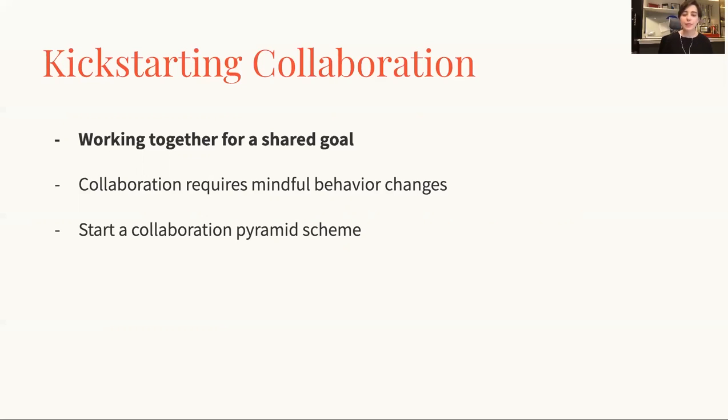But a good way to get people excited in research is to start what I call a collaboration pyramid scheme. So get just two people excited about collaborating and then have them get two colleagues excited about it, and so on and so forth. It doesn't take too long for a coalition of people who are excited or at least curious about collaborating on research to form. And that can be really, really powerful as you start to grow your team of people who might be willing to collaborate.